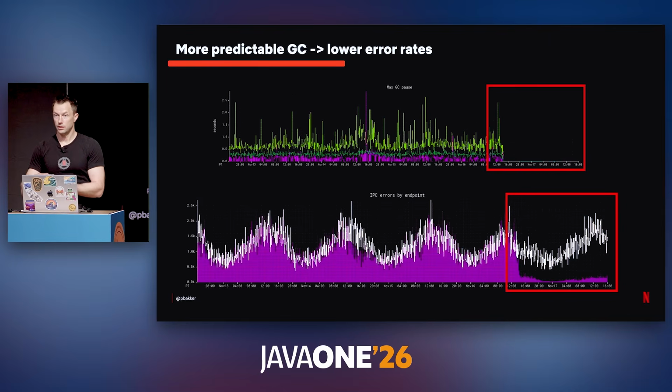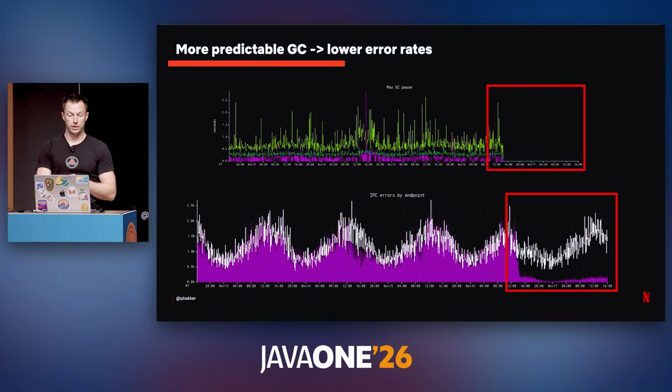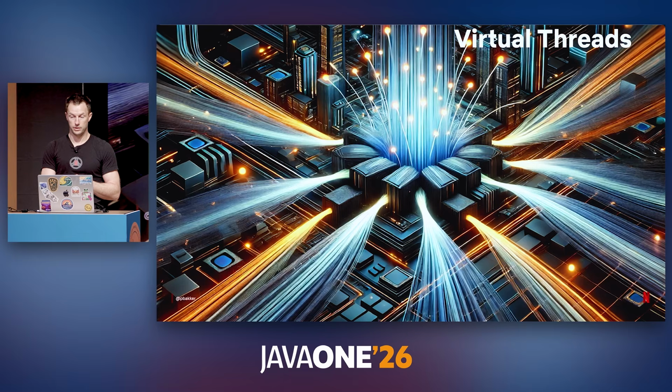So we can actually raise the ceiling of how much CPU we can comfortably use without things getting really spiky. So this is all good news for us. We can just run our services faster. That's kind of what it comes down to. So we switch to generational ZGC as the default. Okay,